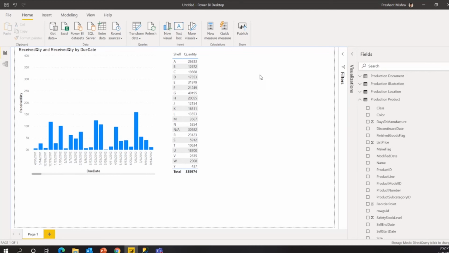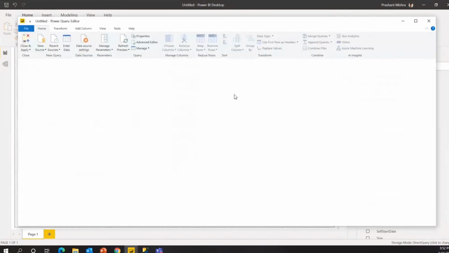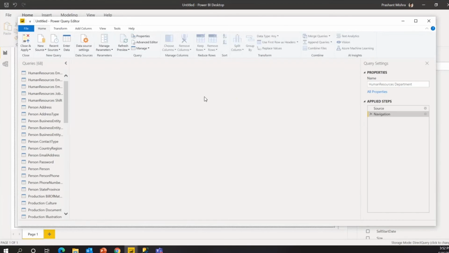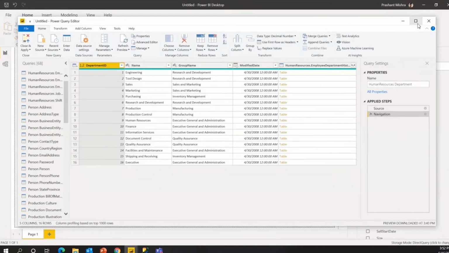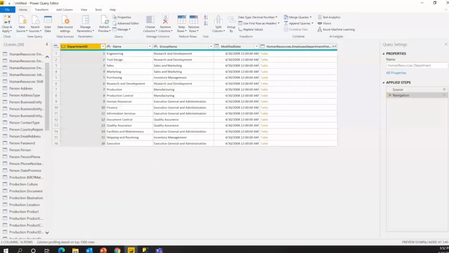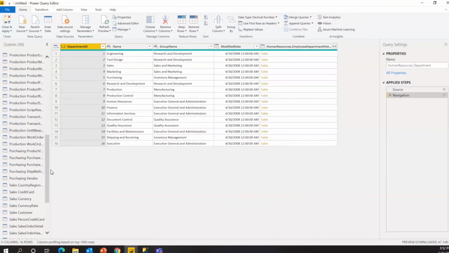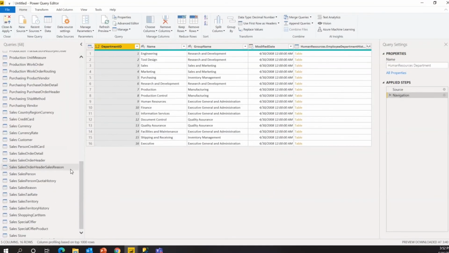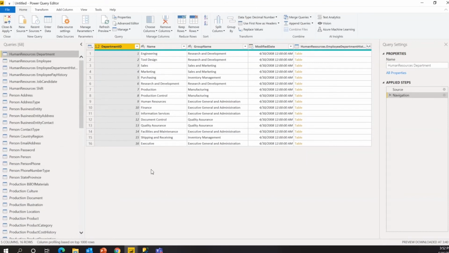But now I'll show you one more thing which is related to transformation. So you can go and click on this transform data. So when you click on transform data, it will open another window. And this is the place where actually you can try to make changes to your data model, or basically your data. If you want to add any custom column, if you want to add any new table or any changes, you want to perform any transformation on the data, all those things can be performed here.